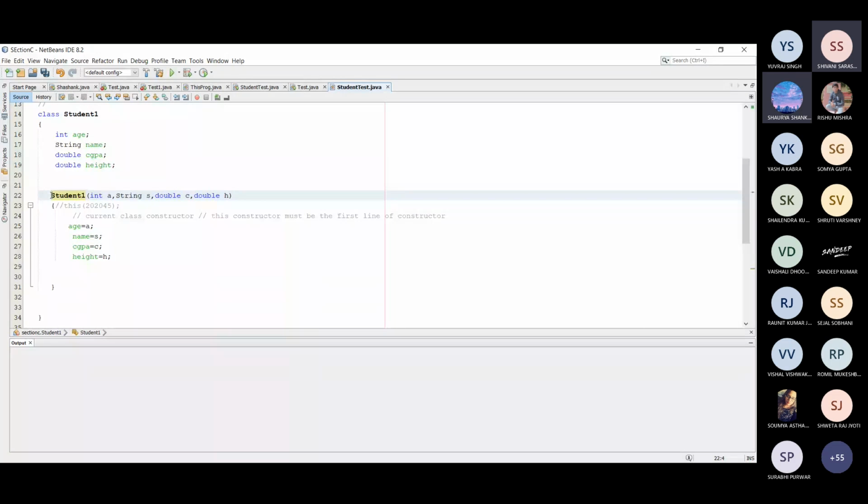The other thumb rule is that a constructor must have no explicit return type. Why do we say explicit? क्यों बोल रहे हैं no explicit return type? इसका मतलब implicitly कोई ना कोई कुछ return करता है. What does a constructor implicitly return? Can anyone tell? What is the implicit return type of a constructor?